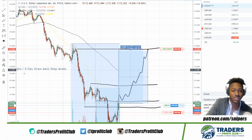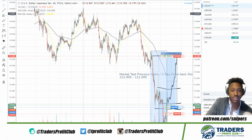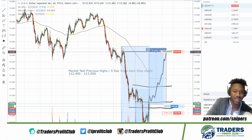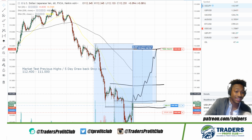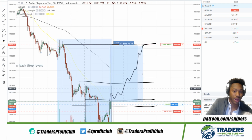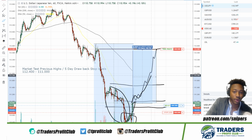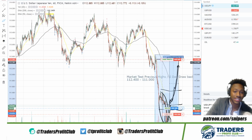When we see the market price consolidating, especially after a big breakout, which we saw from 113 down to the downside, this huge drop, I want to see a retracement. A lot of people are short right now, and if they want to make money at the end of the month, they want to make sure the price goes to the upside, obviously the opposite direction of what it was. So I see price now trapping these sellers that were down here, that got in on this breakout. Then they're going to consolidate price, break it back to 12,500, and then after this retest of this break...